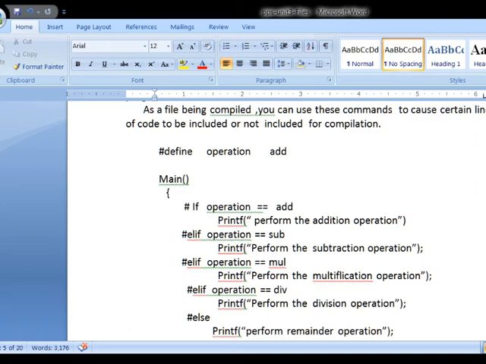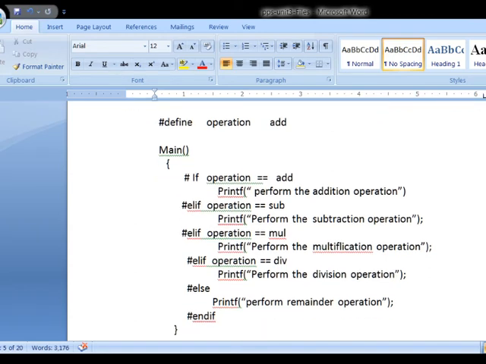This happens before compilation with the help of conditional compilation directives. Those are if, else, and endif.